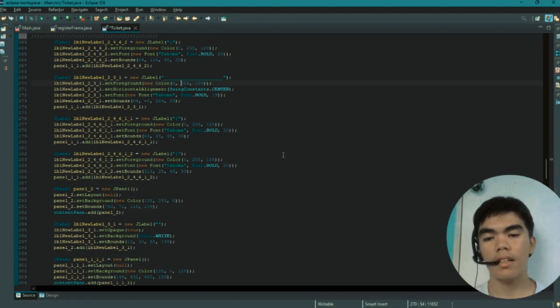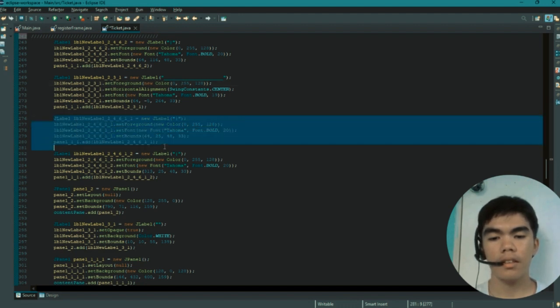Next is the JLabel. This JLabel sets the foreground to new color 0, 255, 128. Set the font to Tahoma bold and size 20 and set the bounds to 64, 25, 48, 33 and added to our panel.